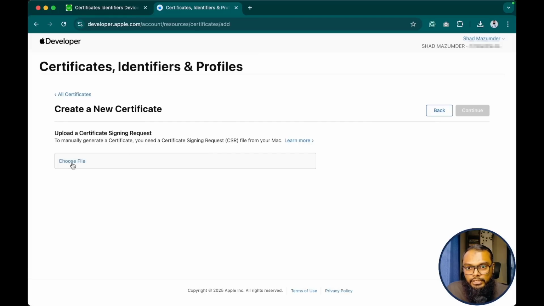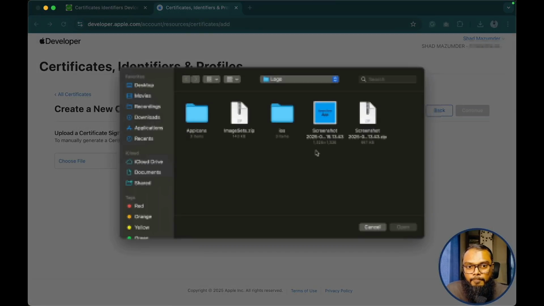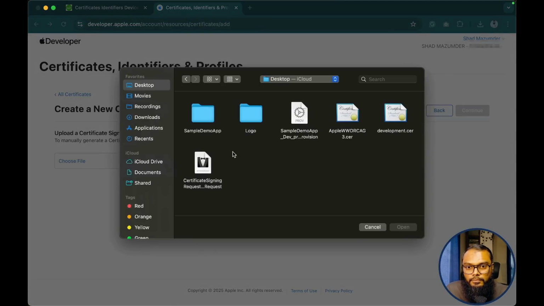And then I need to create a CSR file. So I'm gonna use the same CSR file that I used to create for development certificates. It's totally fine. Why? Because this certificate or CSR actually identifies who I am, the valid or authenticated developer. That's it, nothing else. So I can use the same CSR file. So here is the certificate signing request file, CSR file. I'm gonna select it,